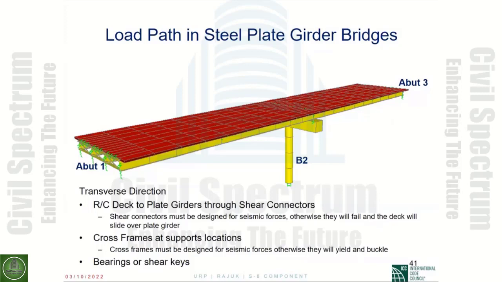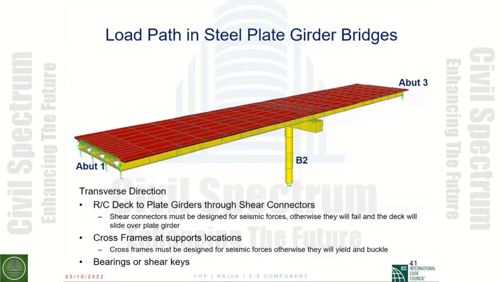So they will tend not to put any shear connectors. And that will really defy how the seismic forces would go to the bent. If you do that, you will have what's called lateral torsional buckling on the plate girders, and you wouldn't be able to really transfer the forces down to the column. So as you heard me before, details